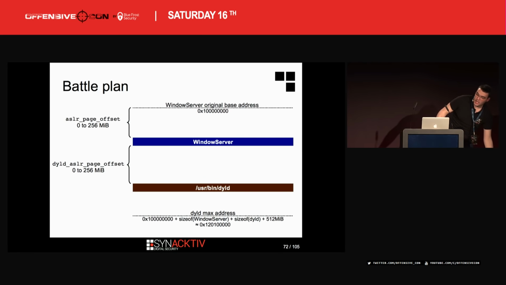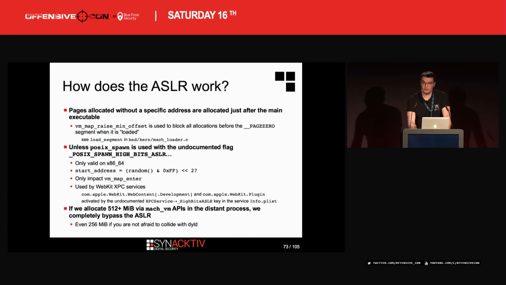why am I telling you that? This is because when you allocate pages without specifying a base address, they will be allocated just after the main executable, unless a specific undocumented flag is used during process creation. But this flag is only used by Apple for WebKit. So that means that if we manage to force the process to allocate more than 512 megabytes of memory via Mach VM APIs, then we can hardcode the address of